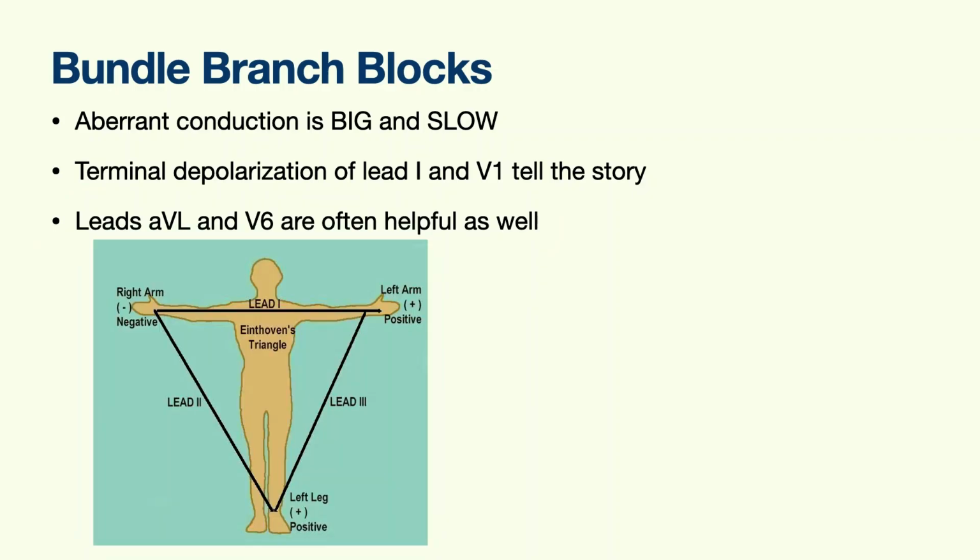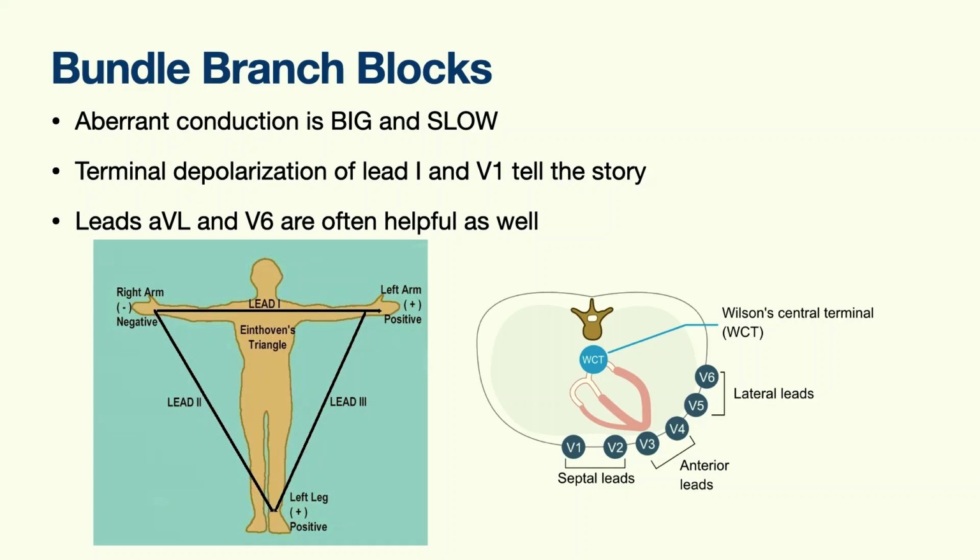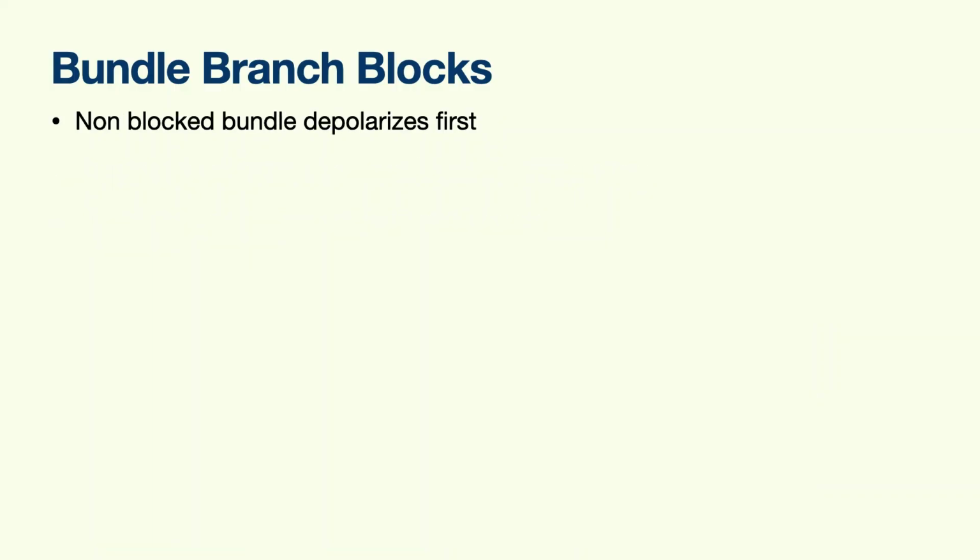So we have our little guy here. We have lead 1 that went from right to left, so that's a leftward lead, and V1. We talked about how V1, even though it's kind of anterior, is really a rightward lead. So when you have bundle branch block, the non-blocked bundle depolarizes first, right? You have left bundle branch block, so the right bundle branch is doing fine. After the right bundle branch depolarizes,